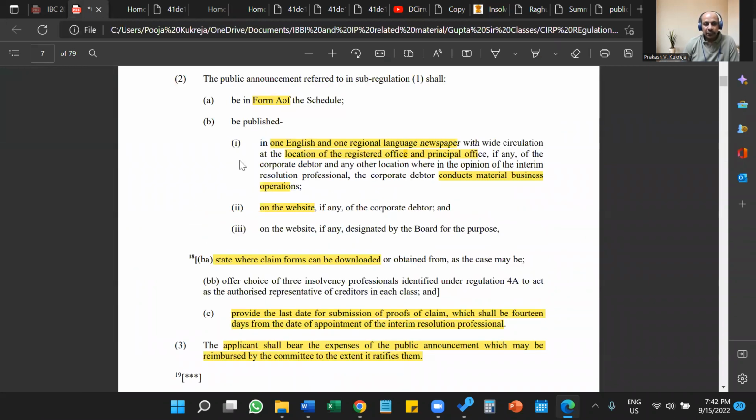Okay. Now, the public announcement should state where the forms can be downloaded from. Okay, so that is very, very important. Like I showed you,